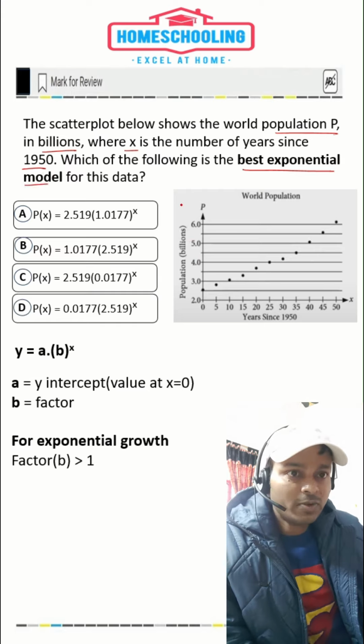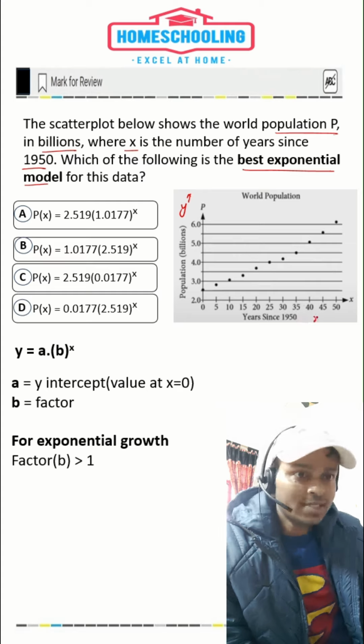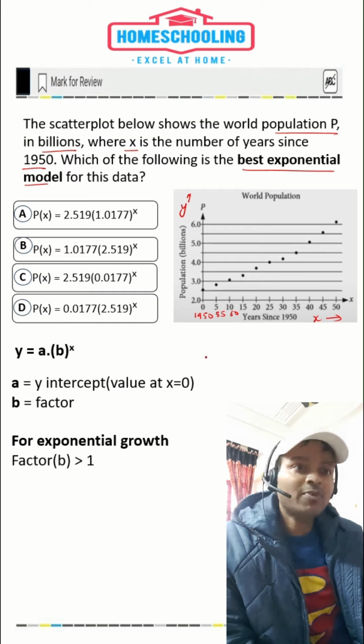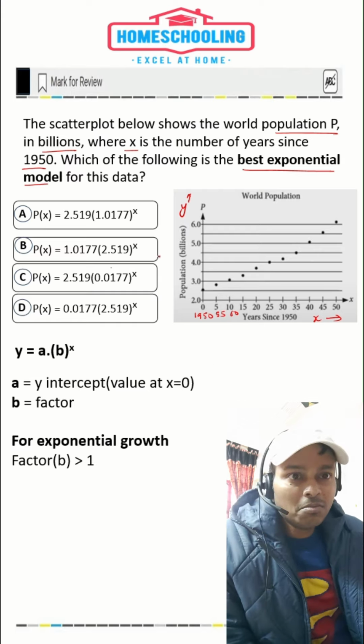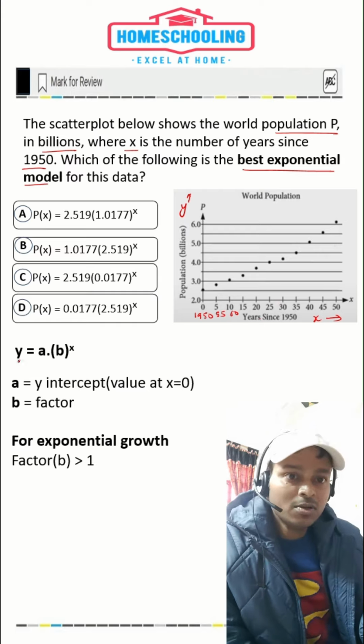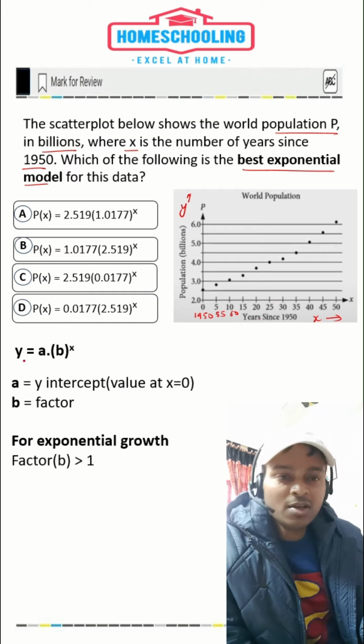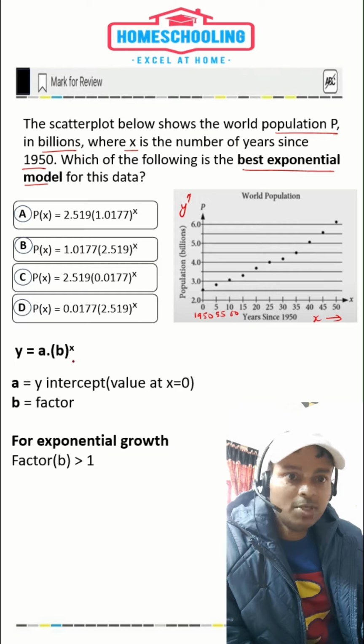As we can see, on the y-axis we have population in billions, and on the x-axis we have years since 1950. So 0 is 1950, 5 is 1955, 60 is 1960, and so on. So we have to find the exponential model for this exponential graph. As we know, the basic exponential equation is y equals a times b to the power x, where a